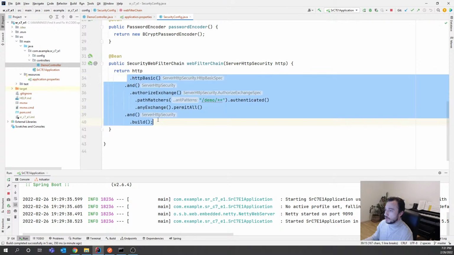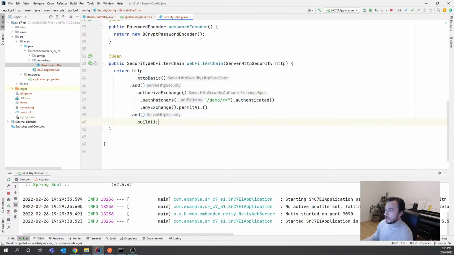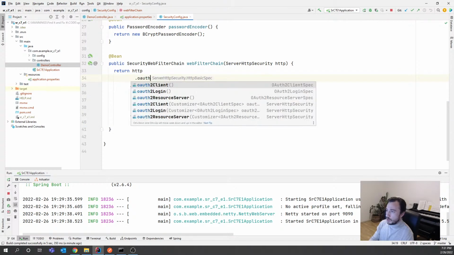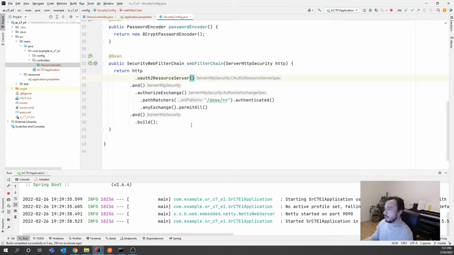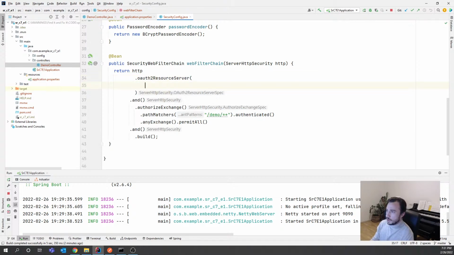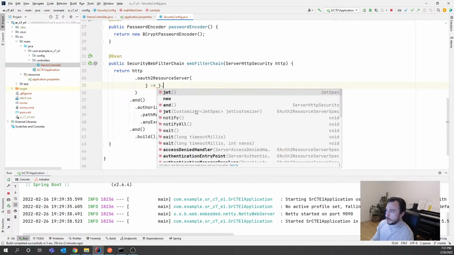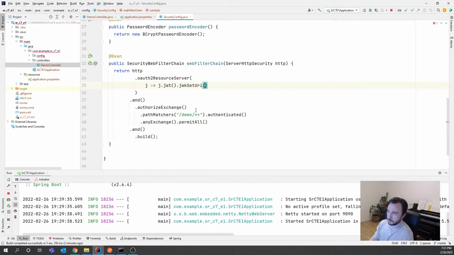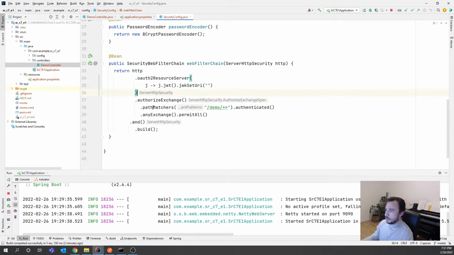So what you will clearly see is that you can change that for OAuth 2 resource server, and then you can configure here, and usually what happens is that you configure the JWT, and the most comfortable way is to use the key set URI. So we can do something like this as well. So let us do that. I think this end here is not needed anymore, for this method directly returns the server HTTP request, and here we need the keys URI from an authorization server,